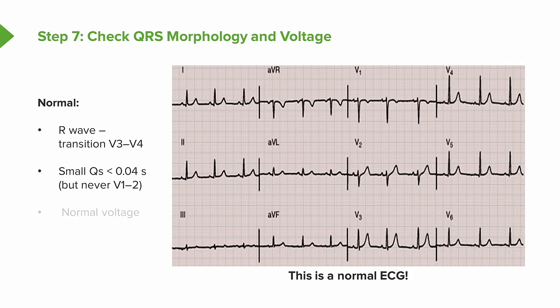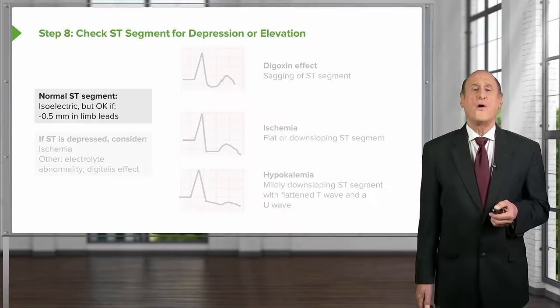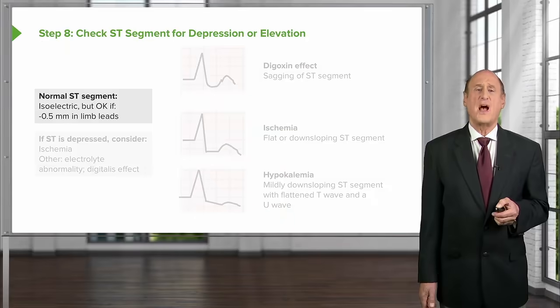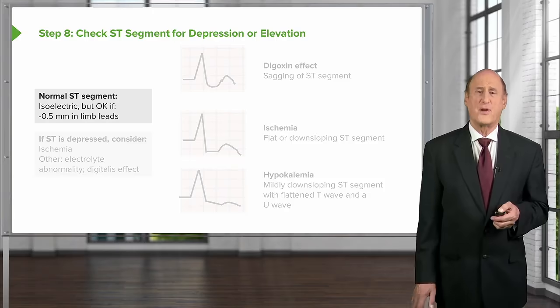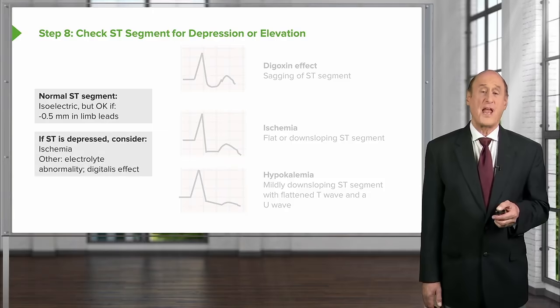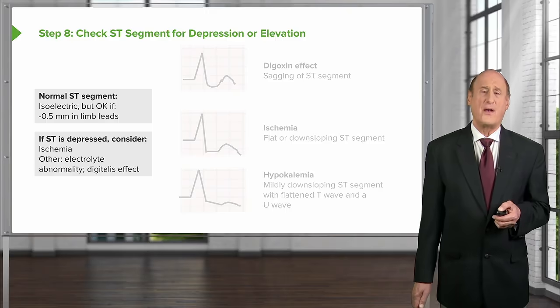Small Q waves, that is initial downward deflections of less than one little box, can occur, but they are never longer than one box. If they're wider than one box, it suggests that there's been damage to the myocardium. And the voltage should be within a normal range. Also, the ST segment should be isoelectric, that is, it should be flat. You can have a little bit of depression, but if it's substantially depressed more than a tiny amount, it suggests